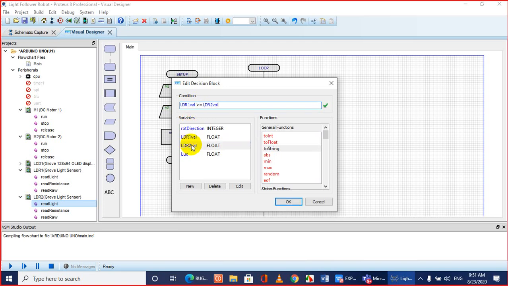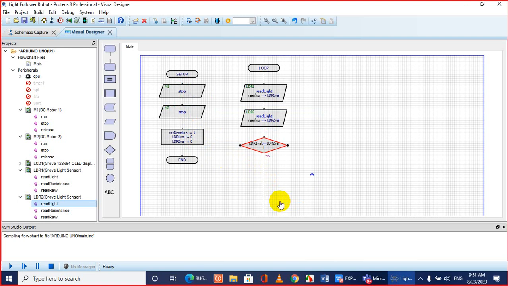If LDR1 value is greater than or equal to LDR2 value, let's say we'll move the motor forward.